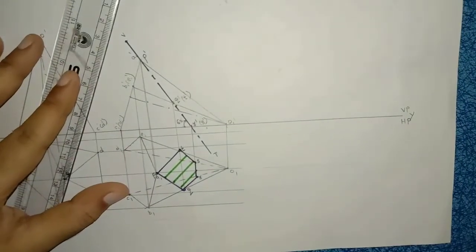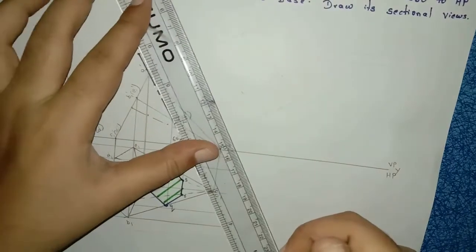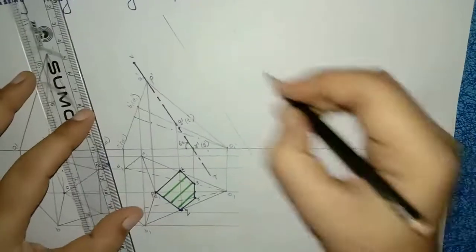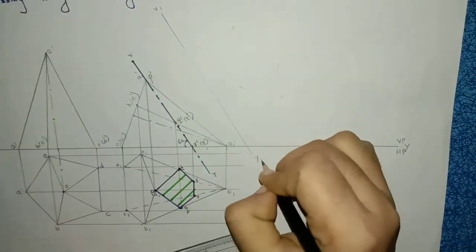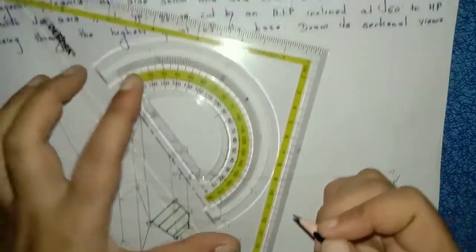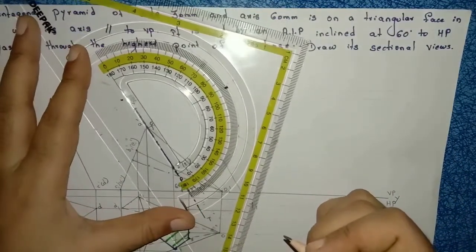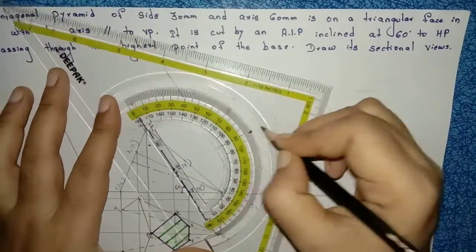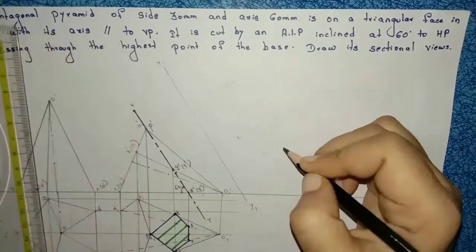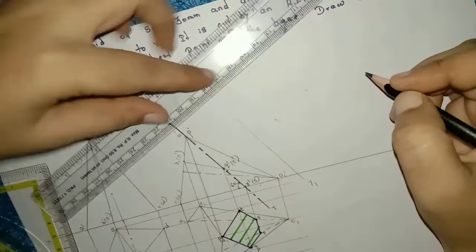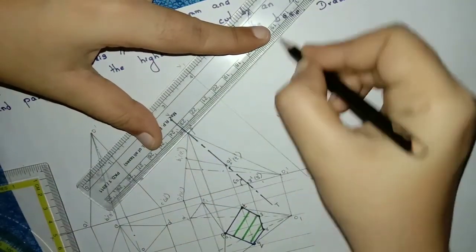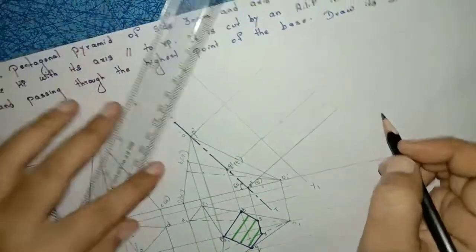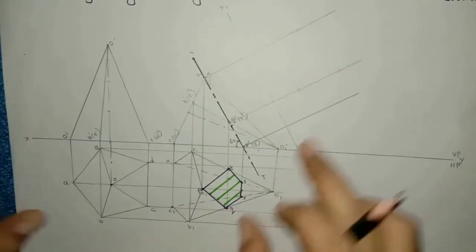Now here the sectional plane is in an inclined position, so what we have to do is, exactly parallel to this sectional plane, draw another reference line, name it as x1 y1. Now place your protractor on the sectional plane. From P1 dash mark 90 degrees, from Q1 dash mark 90 degrees, from R1 dash mark 90 degrees. So from every point draw the perpendicular line. We are going to draw the sectional top view as a true shape here.